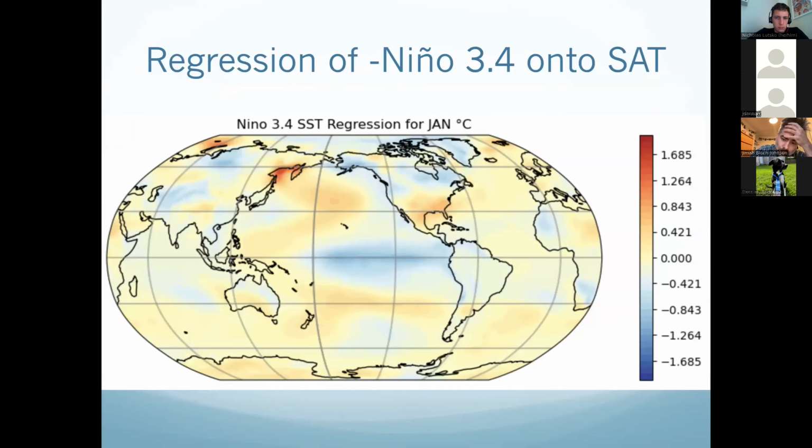And this is just showing you the regression of a Nino 3.4 ENSO index onto the global air temperature, I think it is, probably not sea surface temperature. You can see that there's a large equatorial signal here and then some smaller cooling in the southern hemisphere. And what we see in the trend is a much larger cooling in the southern hemisphere and more displaced toward the Drake Passage and South America.